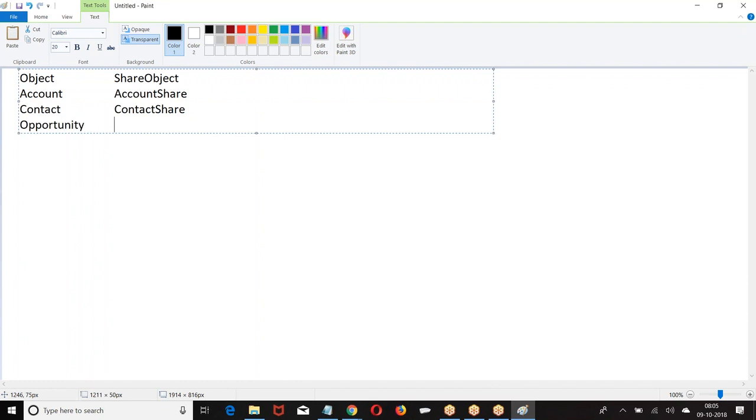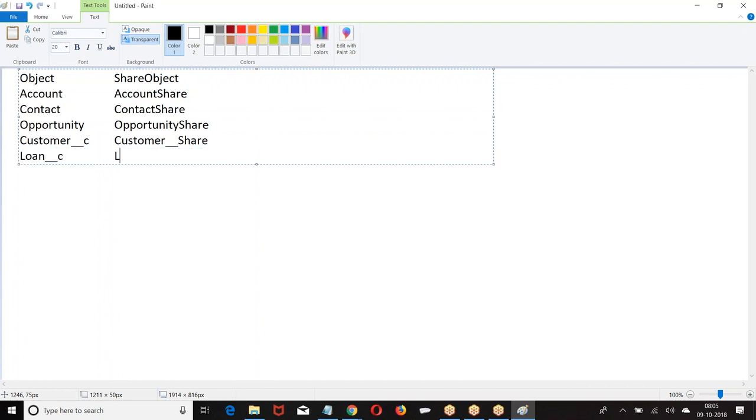Opportunity, all the sharing rules on opportunity are stored in opportunity share. If you have a custom object, customer, all the sharing rules are stored in customer underscore share. So every object has a corresponding share object in which all the sharing rules will be saved.